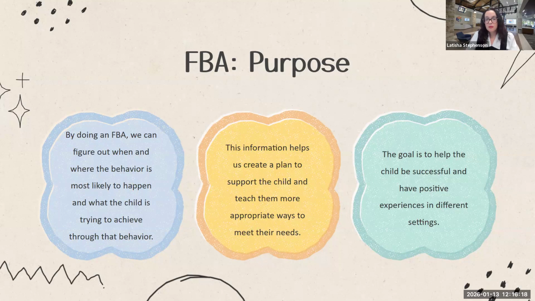Once we collect all of that information, and again, hopefully you're sharing some information with us too about any changes going on at home, we want to use that to create the behavior intervention plan. That is the whole point of an FBA. And so we need to make sure that we have really good data for that FBA so that our BIP, our behavior intervention plan, is appropriate for that student. Once we have that BIP, we can start putting in place interventions. We can talk about strategies. We can talk about who's going to work on what.